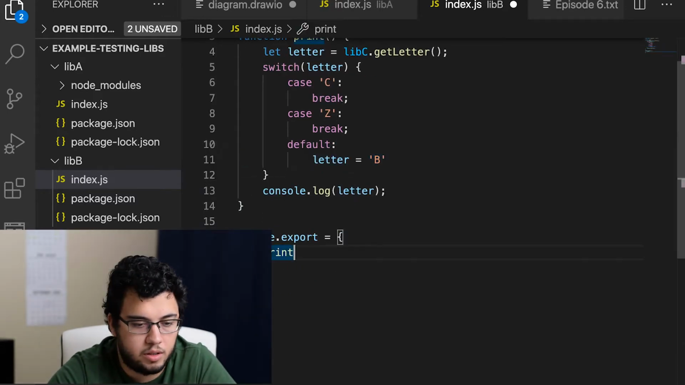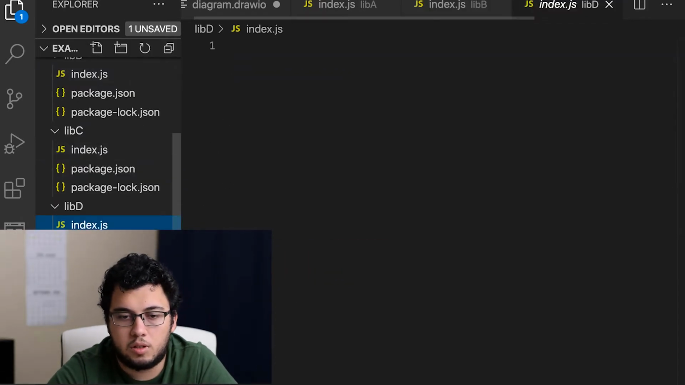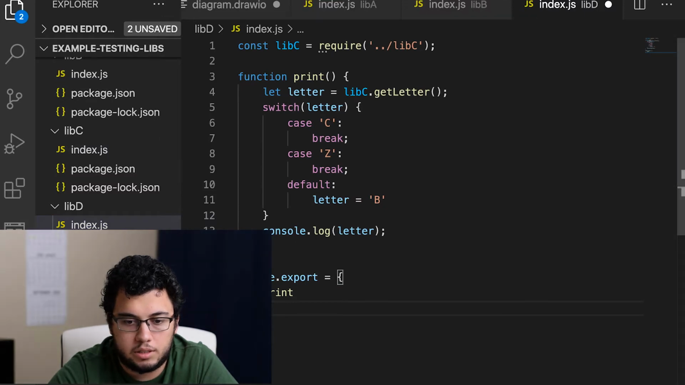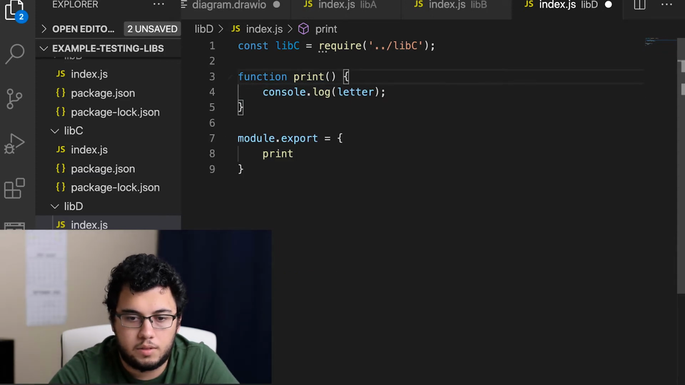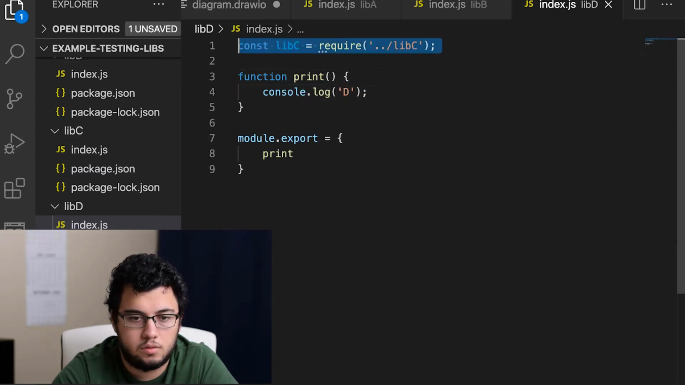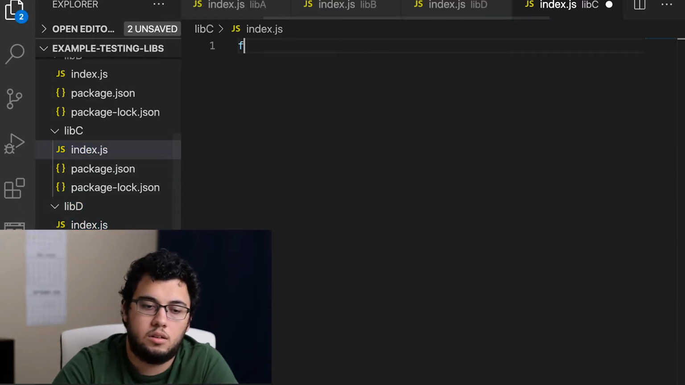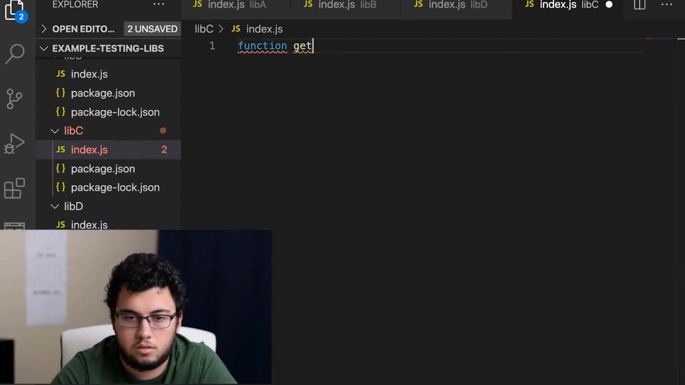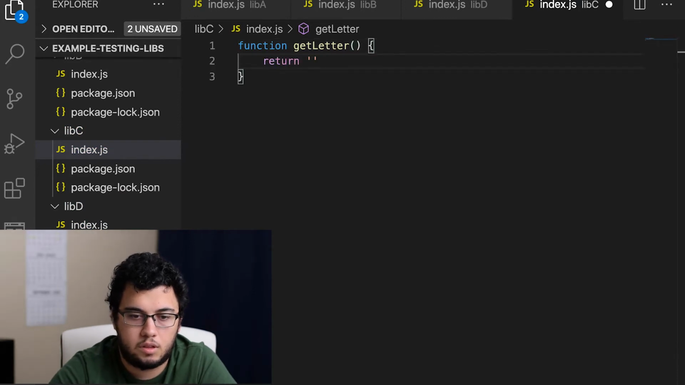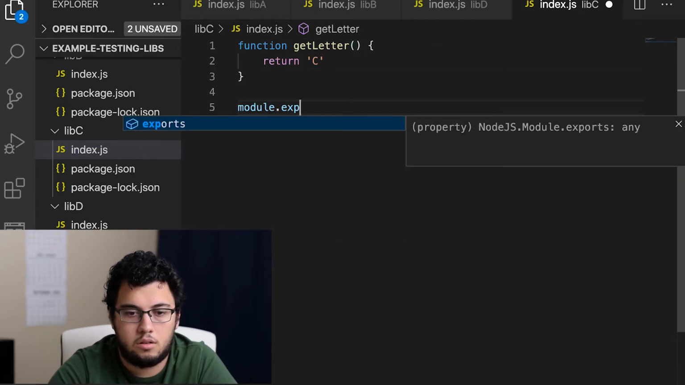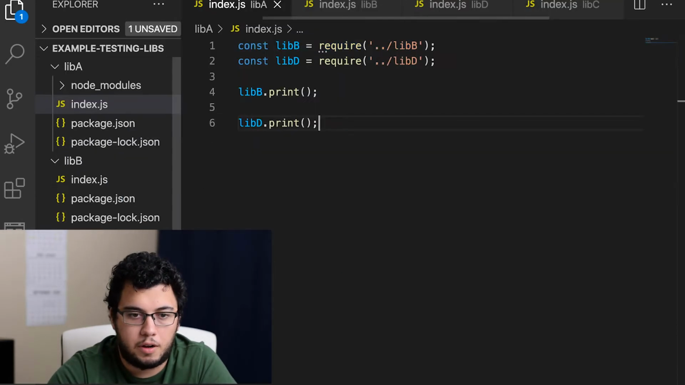Cool. And we're going to copy this because D will have something similar, but the only difference is that it will just console log D, right? And then it doesn't have a dependency. And then C will basically say getLetter and we'll just return C for now. Get letter. Cool. So what will happen here is that if I run this,